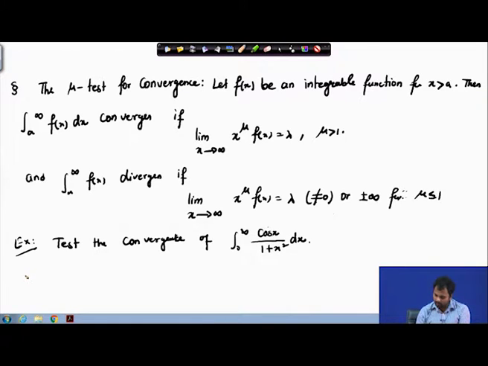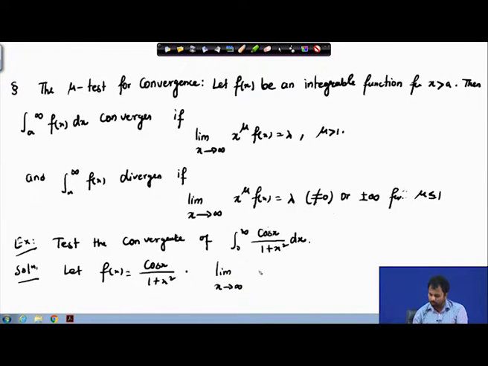Solution: let f(x) equal cos x by 1 plus x square, and take the limit